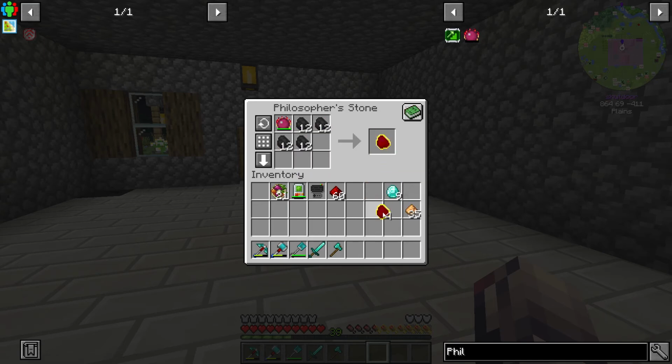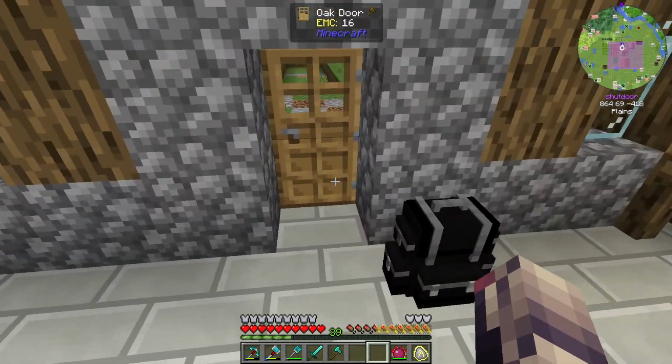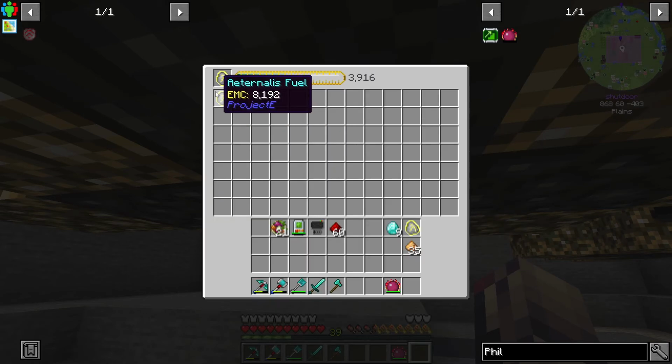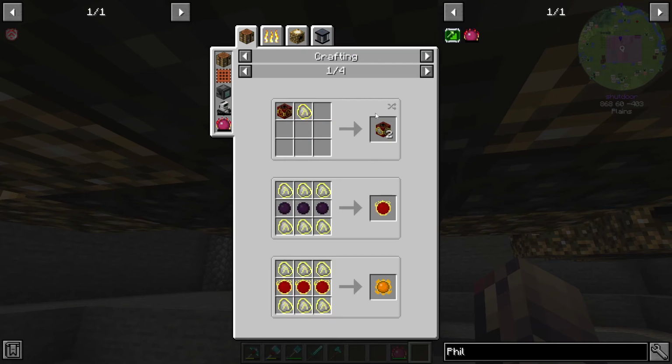So 4 of these, I think we need that much to make 4 Mobius fuel. 4 Mobius fuel then transmutes into Eternalist Fuel, or whatever it's called. Anyway, then we can go down here, and in this one, let's throw this in here, because this is what we actually need. So Eternalist Fuel is one of those things that is very useful just for dark matter, but